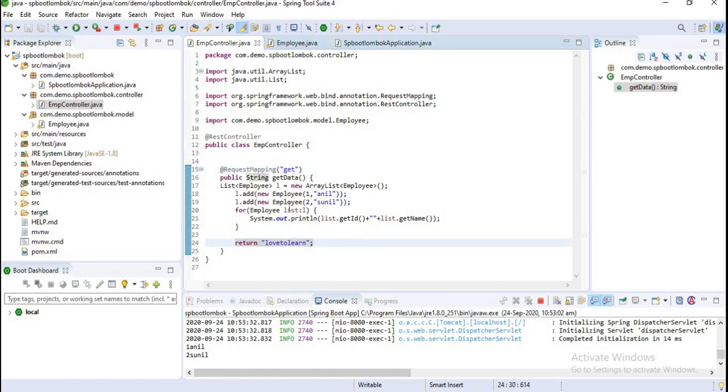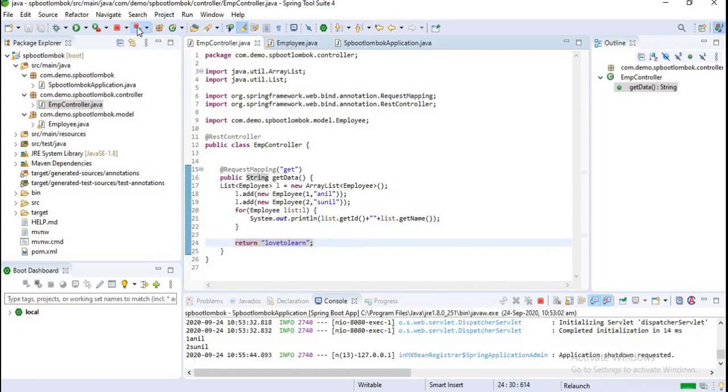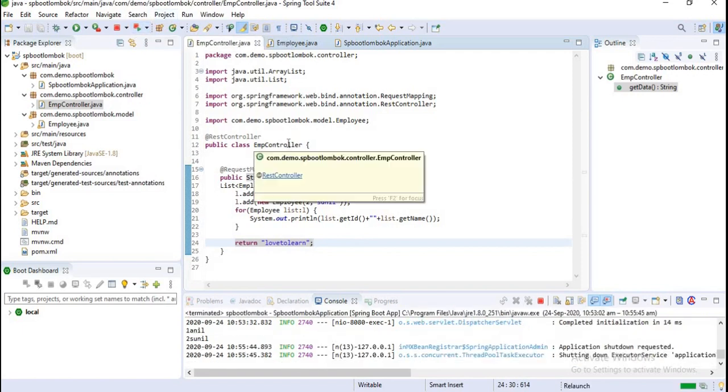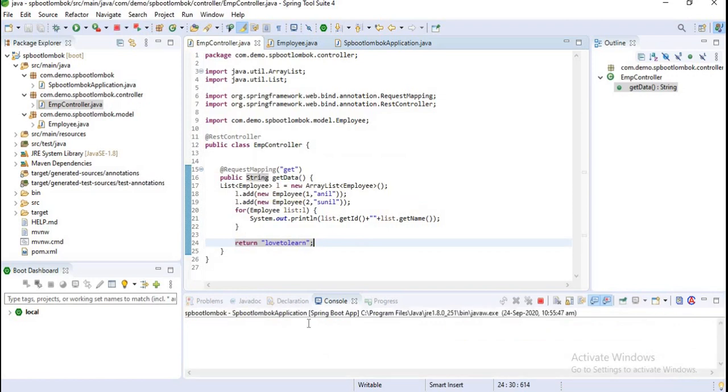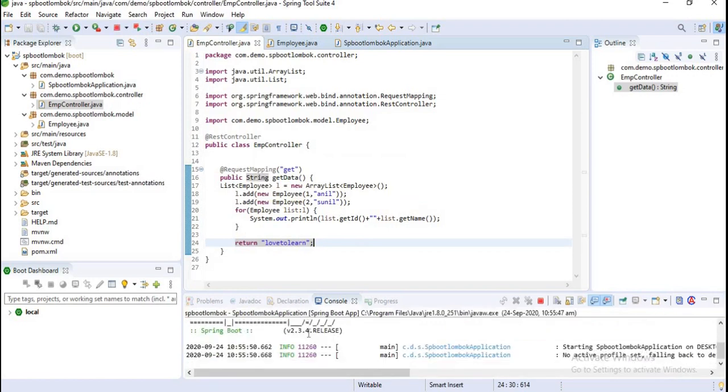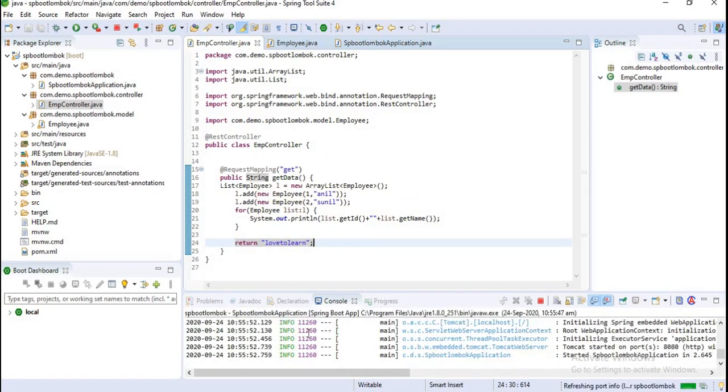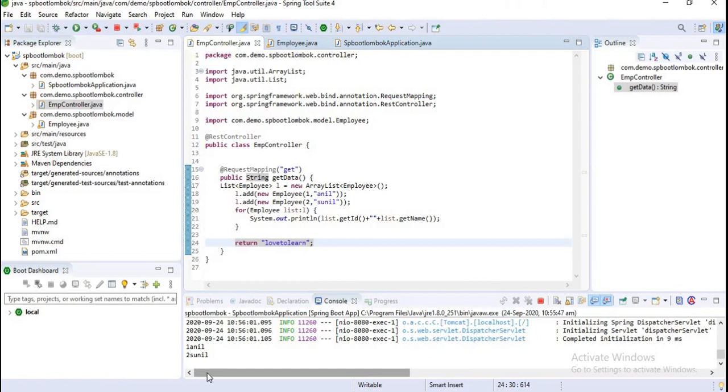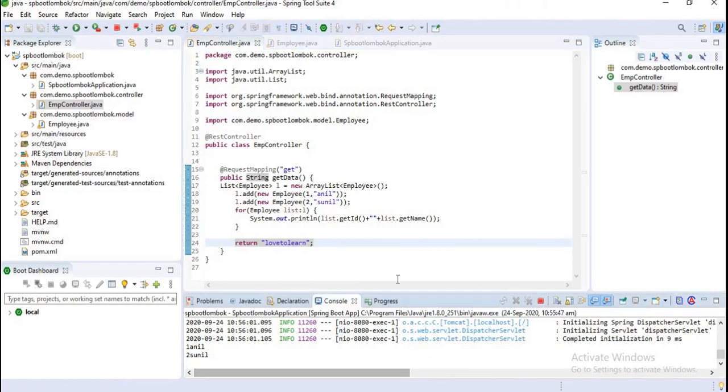Okay, and let's run our application again for confirmation on whether it is working properly or not. Okay, let's click it again. You can observe here I am getting the same data. It means my @Data annotation is working.